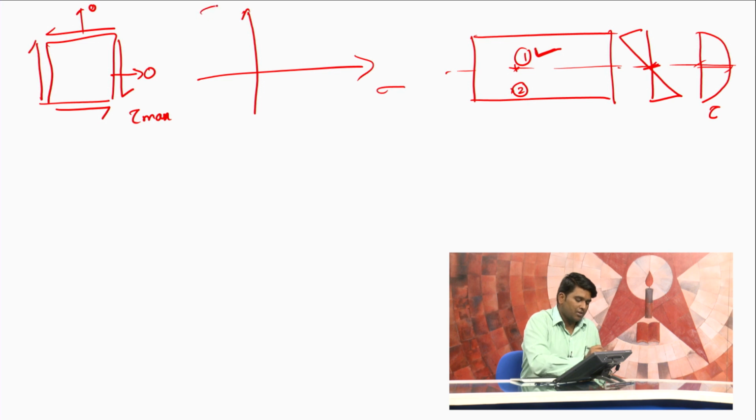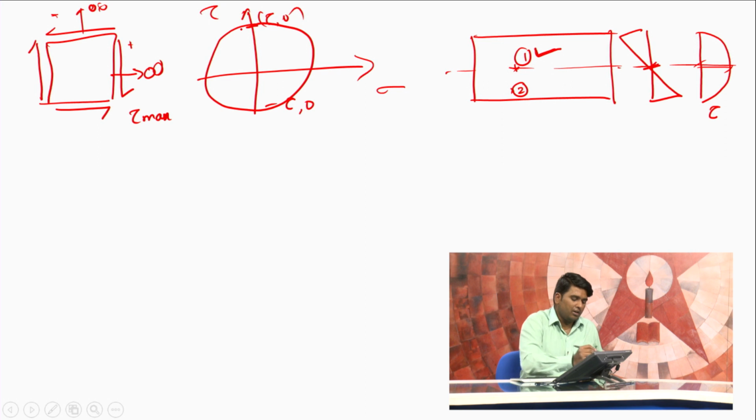Normal stresses, shear stresses. As you can see, there are no normal stresses. We can take directly the shear stresses. So, one value, as I said earlier, clockwise shear is positive and anti-clockwise shear is negative. So, first we can draw tau max comma 0, and then minus tau comma 0. We can draw the circle. This is my Mohr circle, and you will get the maximum principal tensile stress sigma 1 and the minimum principal stress sigma 2. If you observe carefully, due to pure shear, both magnitudes are the same.